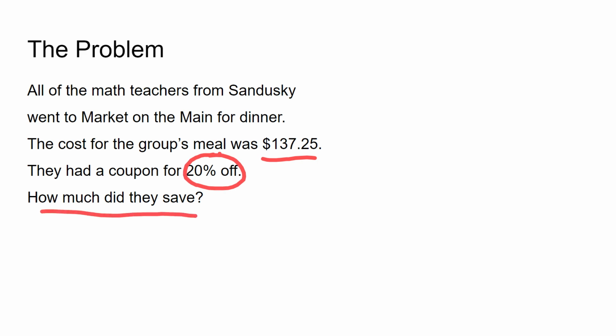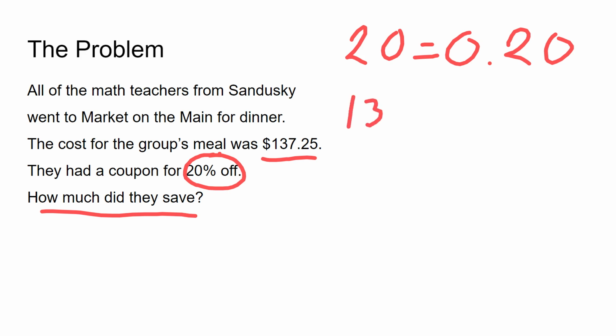All right, let's start out with our mini step, taking 20% and turning that into a decimal, which is going to turn it into 0.20. We can omit that last 0 at the end, but I'll leave it in there. And now I'm going to multiply 137.25 times 0.20. So in my calculator,